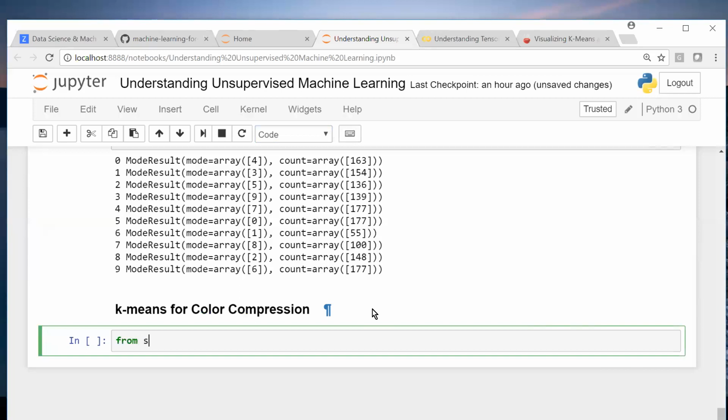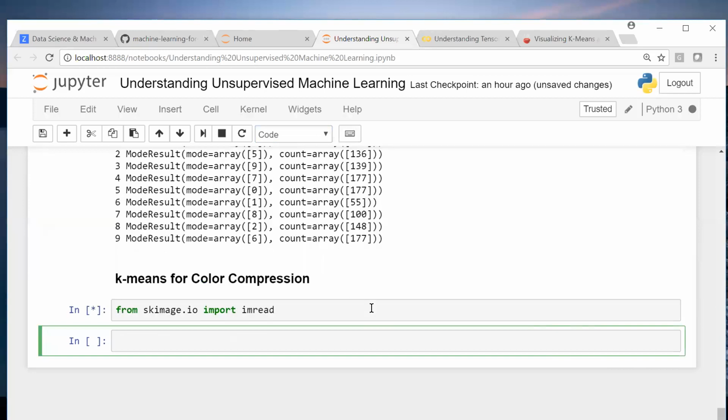From skimage.io import imread. So okay, let's load some actual image. I'll see if I have.